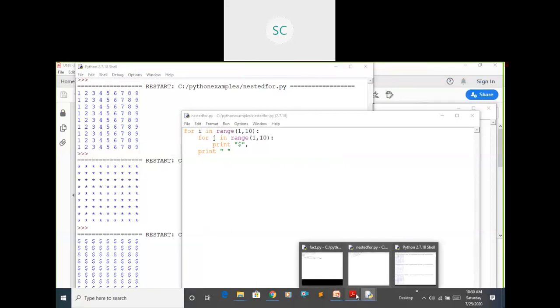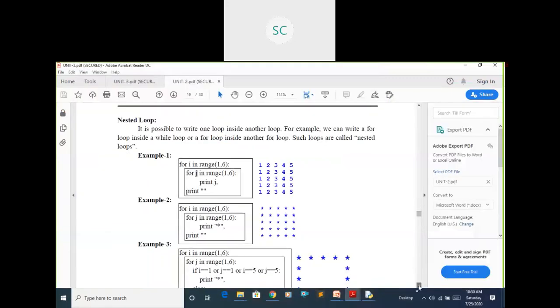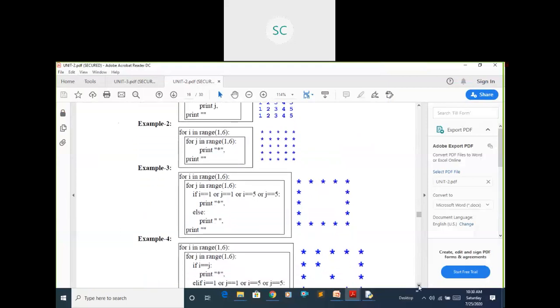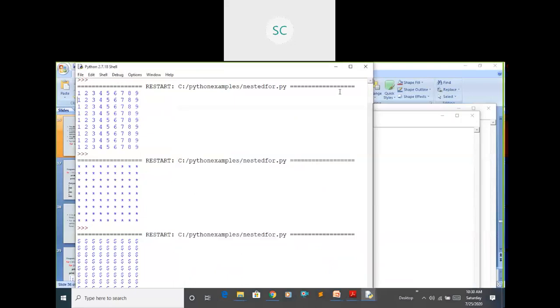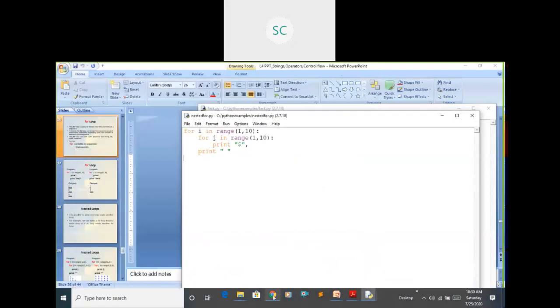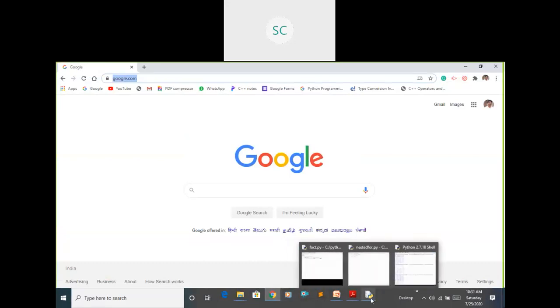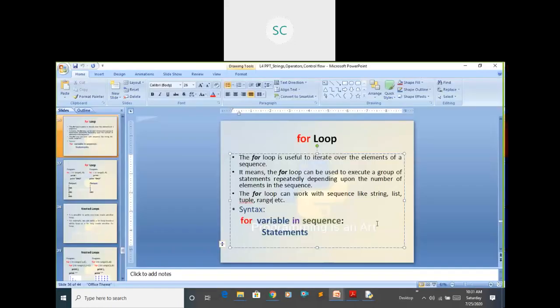If I show some different sequences up to here, then we have some other statements. After discussing those, I will show how to get these. These are the for loop and while loop. We have some jump statements, unconditional statements. I will show what those are. This is about the for loop.